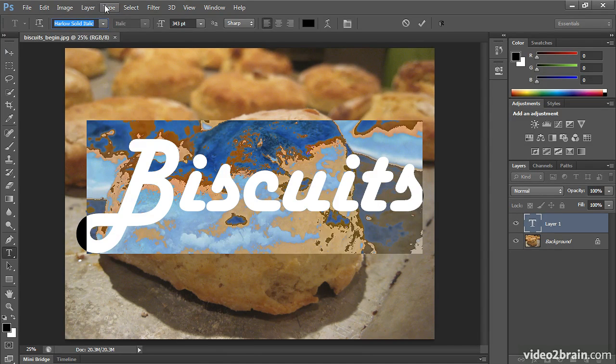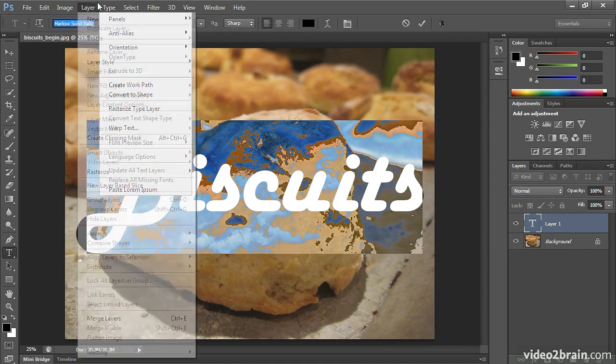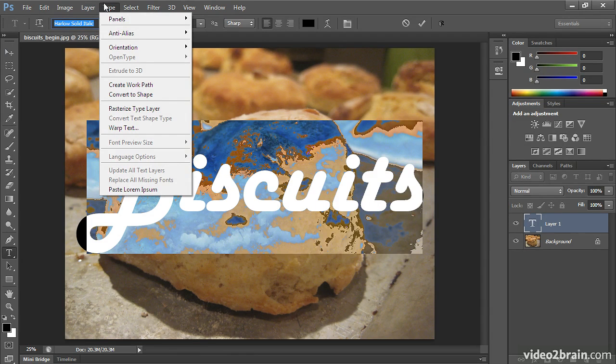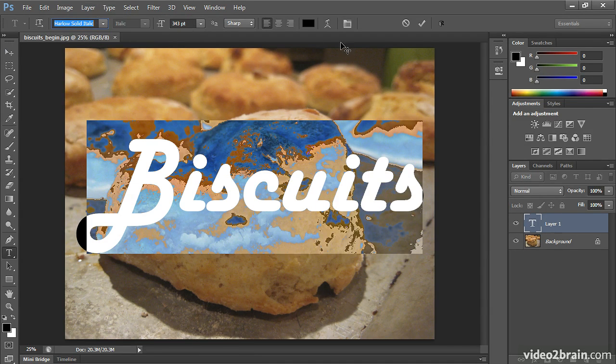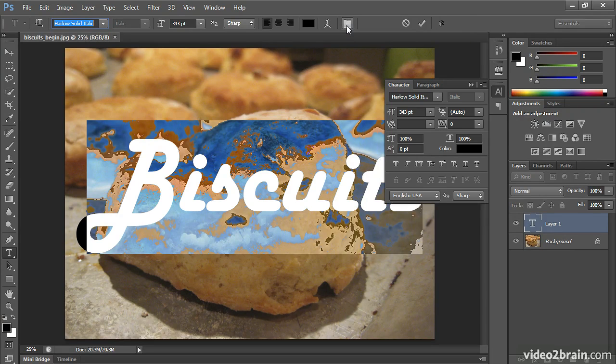If I want to see the type in its own face, there is a type menu here where you can choose a few different options. And over to the right, you'll notice toggle the character and paragraph panels. So if I click toggle the character and paragraph panels, I can get to things like leading or line spacing,